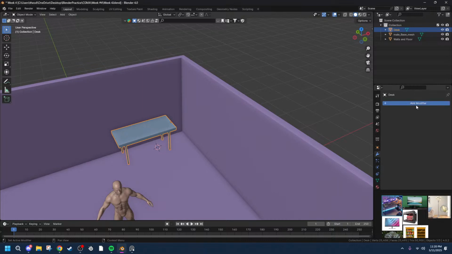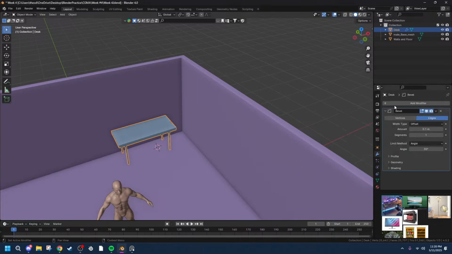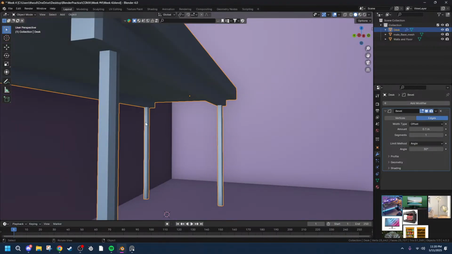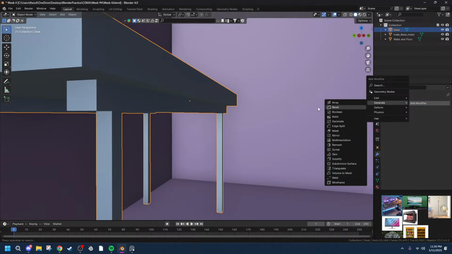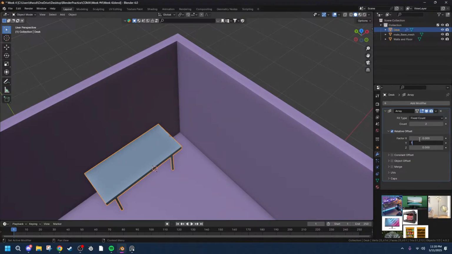Oh wait, no, the other thing I should be doing actually is, instead of mirror, if I do not a bevel, gosh darn it. Oh, well, bevel doesn't look too bad actually. But I don't need a bevel. What I need is an array. And I can do this instead of the x-axis, 0, 1 on the y, negative y,